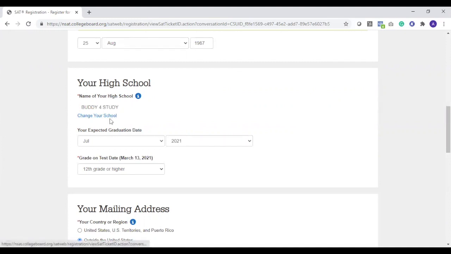Now, before I dive deep into the scholarship and the high school part and explain it to you, one important aspect is a short disclaimer rather, that this scholarship is being offered by College Board and Buddy for Study. We are not the ones offering it. So in case you have any query, please reach out to College Board and Buddy for Study directly with respect to the scholarship.